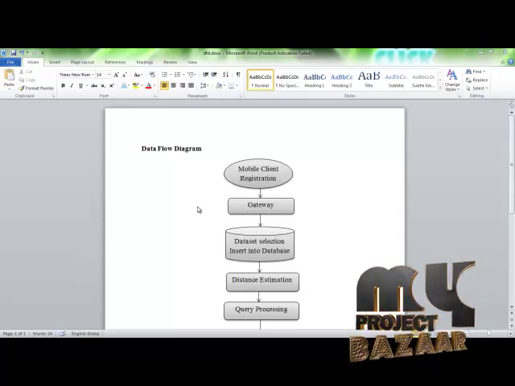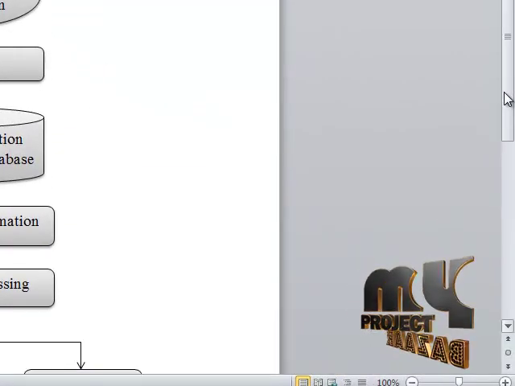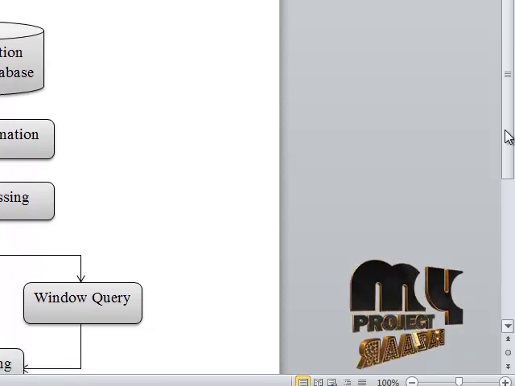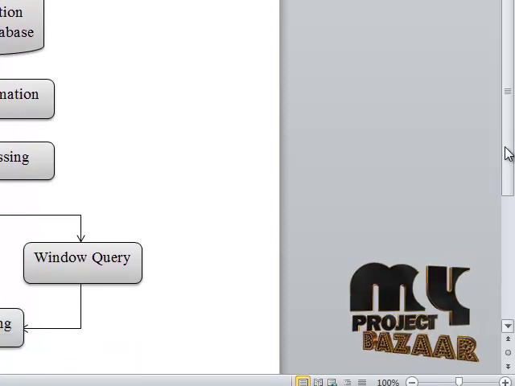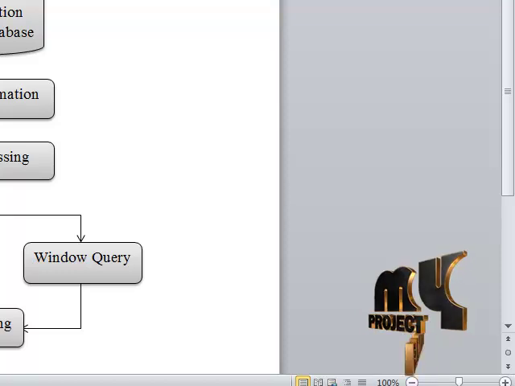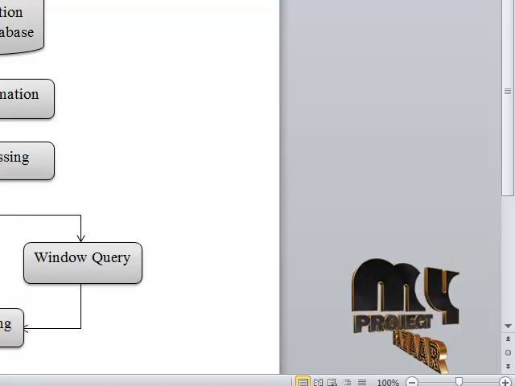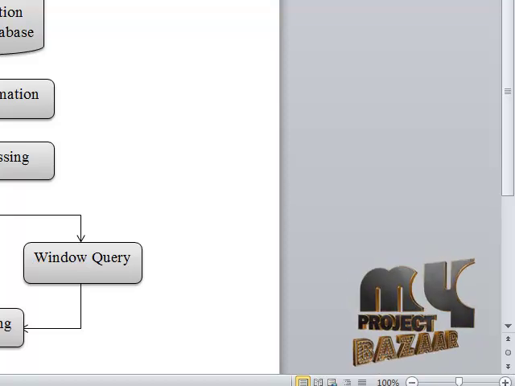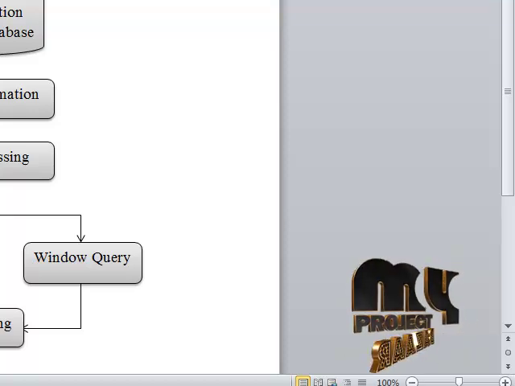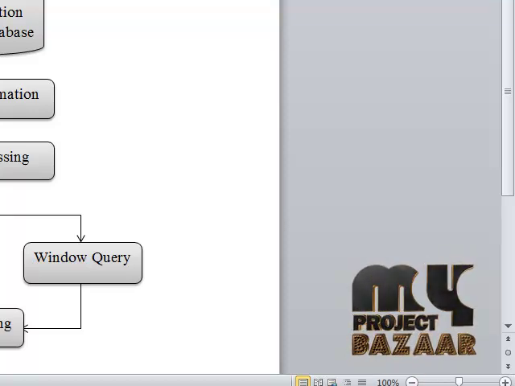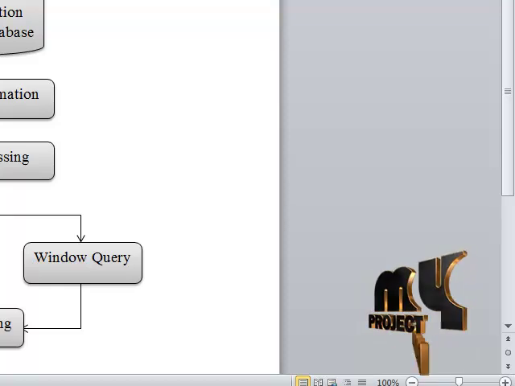After the gateway process is completed, the dataset input process is carried out. That input process is the dataset selection. After the dataset has been selected, it has to be inserted into a database. After the dataset is inserted into the database, we have to estimate the distance based on the longitude and latitude values.